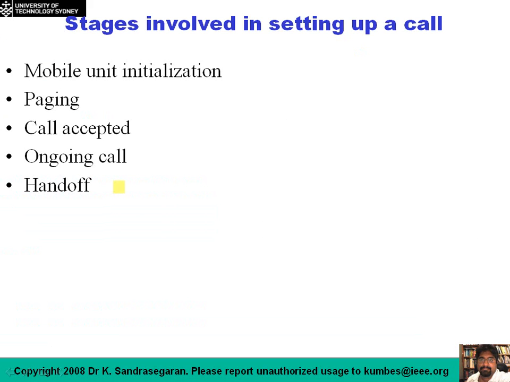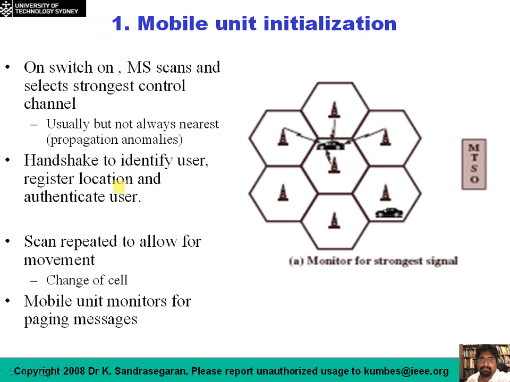Okay, so what sort of stages does a call go through? If you look at it diagrammatically, probably this diagram is the best to go through. Now, when you make a call in a mobile, in a cellular system, the first thing that happens when you switch on is that your mobile has to scan all the channels that are out there,